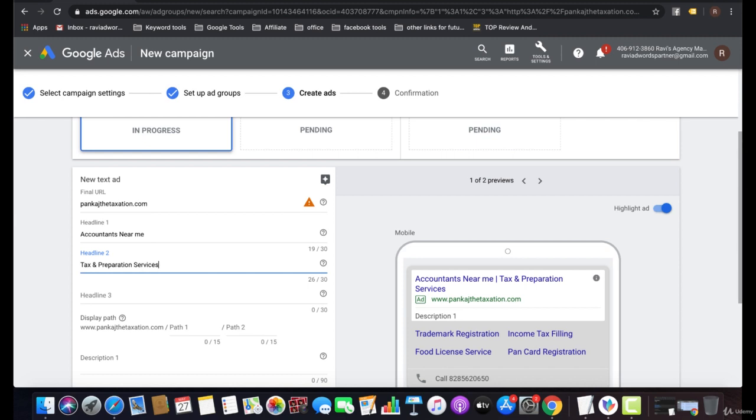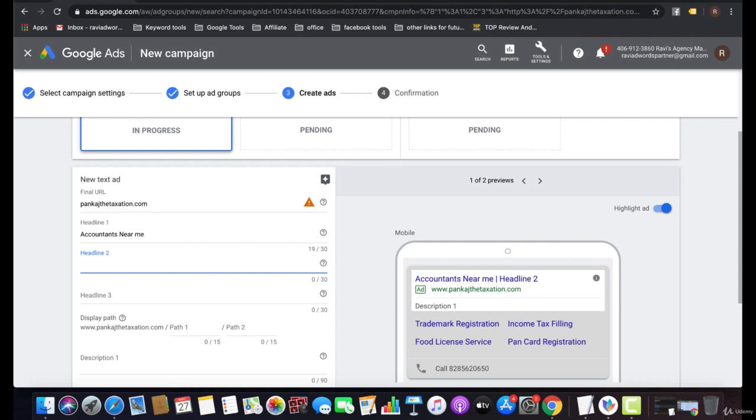Or you can show your feature, or a catchy headline like affordable rates, and you can go with the same in headline 3 as well.